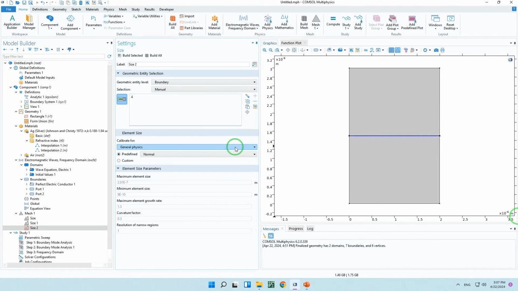and I can choose custom. In the maximum element size, I write this code: LDA 0 divided by real SQRT epsilon r, LDA 0, 1 meter,